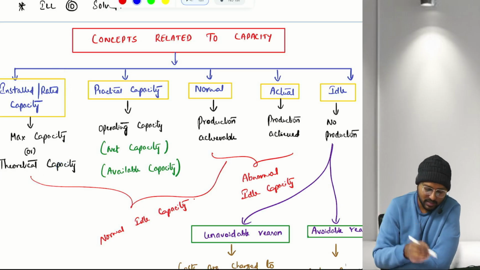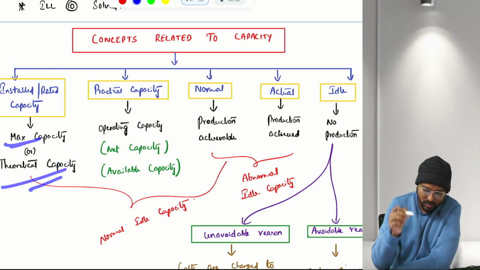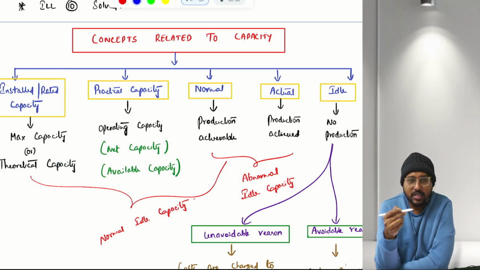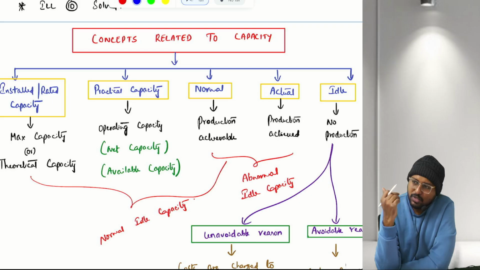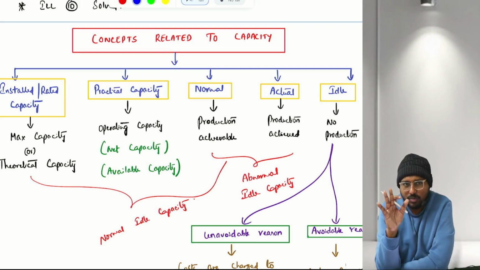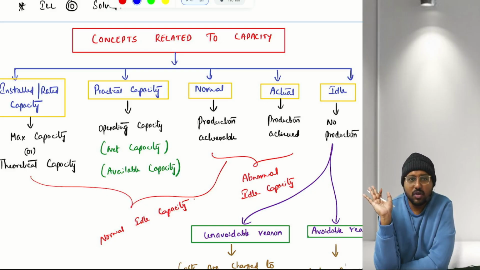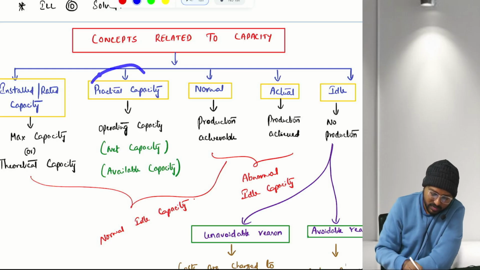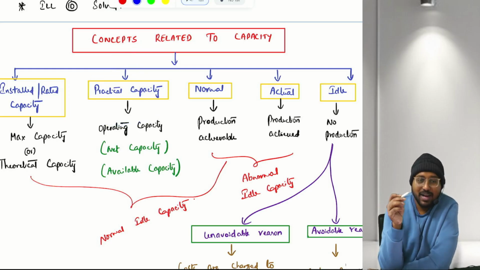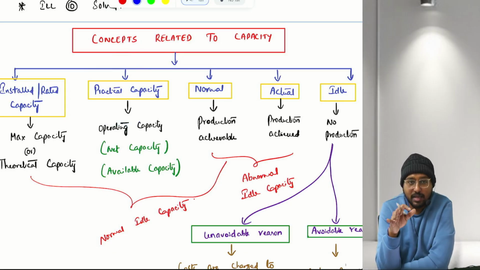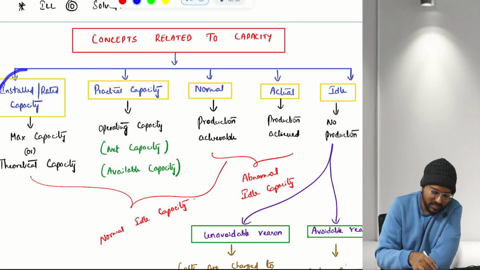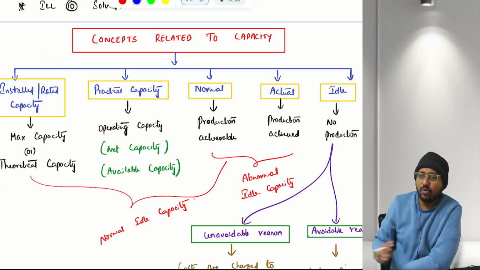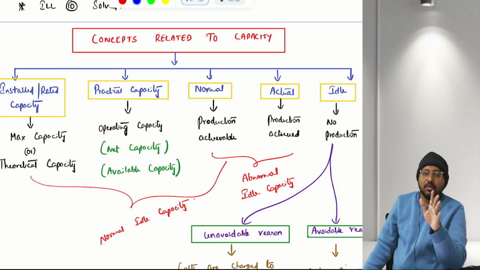We call it maximum capacity, or theoretical capacity. Practically, it is impossible to achieve that capacity. It is just on paper. That is why we have something called practical capacity. Practical capacity means from this installed or theoretical capacity, you remove all the